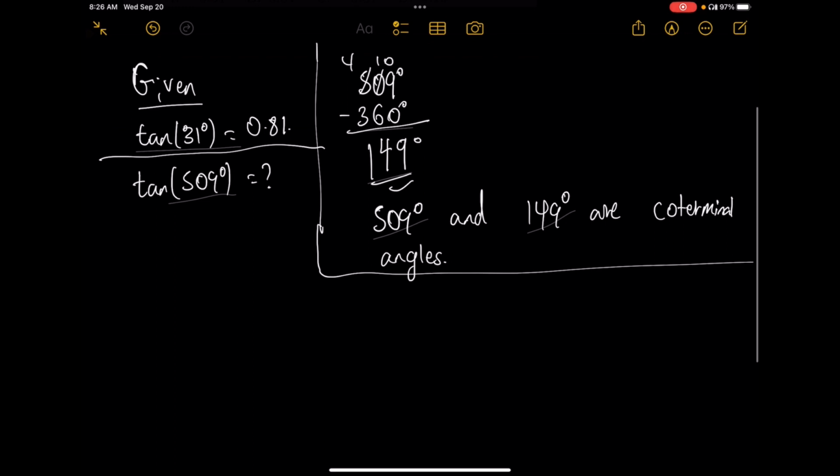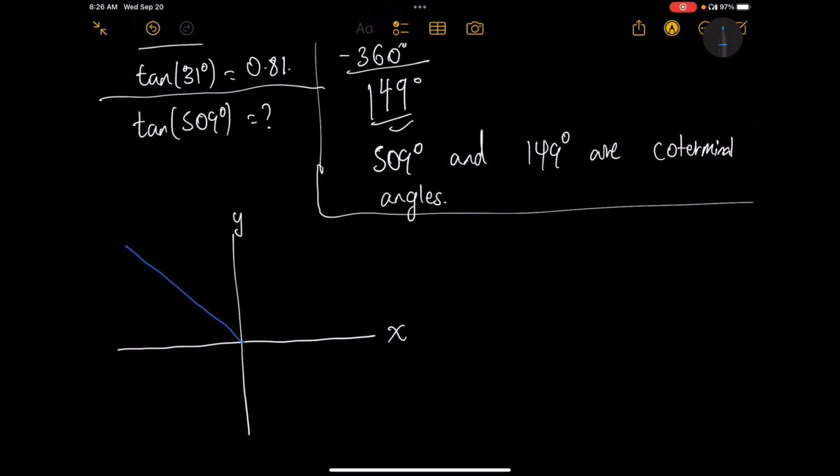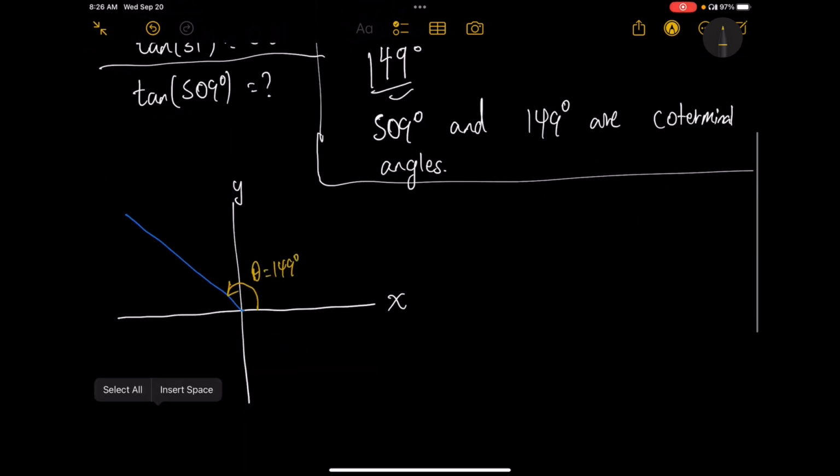ኦኬ ለዛ 149 ዲግሪ ምን አይነት አንግል ነው? is it a first quadrant angle, second quadrant, third quadrant, fourth quadrant? well it is a second quadrant angle. okay እንዴት አወቅን? ቴታ 149 ዲግሪ እንዴት አወቅን ሰከንድ ኳድራንት አንግል መሆኑን? ለምን ከ90 ይበልጣል እና ከ180 ያንሳል። ለዛ it is a second quadrant angle. okay ለዛ እቺ አሁን ሪፈረንስ አንግሉን ነው የምንፈልገው።